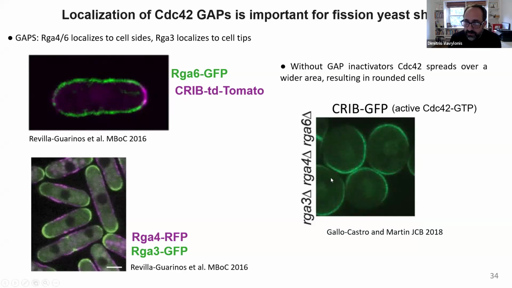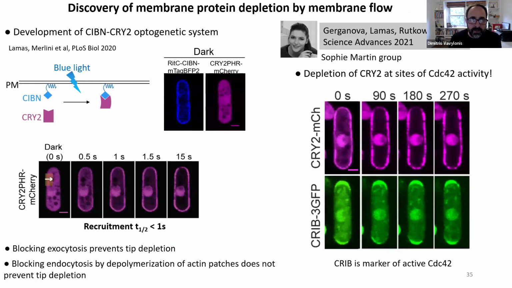If experimentals remove all 3 of them, the cells now become completely round, essentially. And you can see the activation of CDC42 pretty much all around. Okay, so we've been trying to understand with our collaborators the mechanisms of this pattern. And Deneta Giganova here in the Sophie Martin group made a crucial discovery when working in this optogenetic system, where